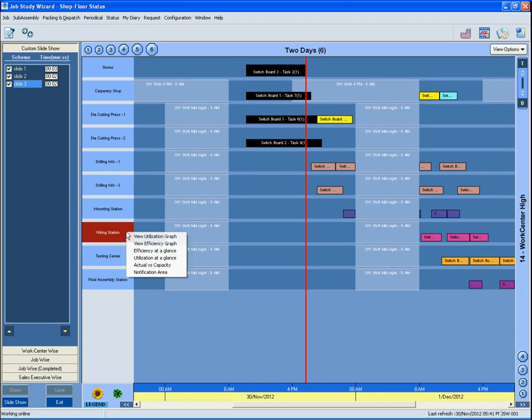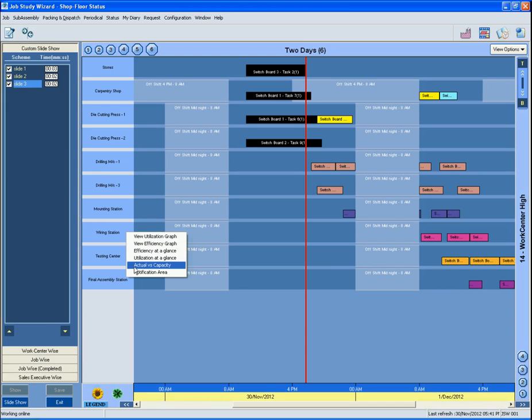Right-click to see a pop-up menu open with 6 options. The first 2 are reports on efficiency achieved in the past and future utilization of the work center in focus. The third and fourth options allow one to see at a glance the efficiency and utilization of selected work centers on one screen, a nice way to compare work centers.